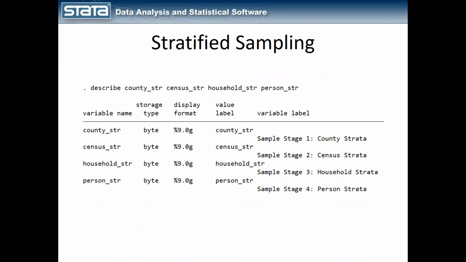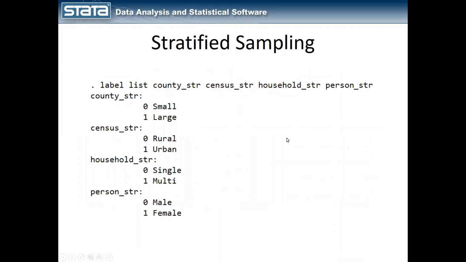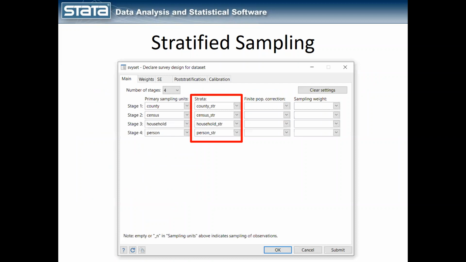each of these categories. So at the county level, I might have a strata variable per county. And so 0 might indicate small counties, 1 might indicate large. Census might be 0 as rural, 1 as urban, and so forth. You can read the rest. So I have these strata variables in my data set, and I'm going to put those in each of these boxes then under strata. And of course, they have to match the correct sampling stage. So county strata has to go with stage 1 with the county primary sampling. You just have to make sure you put these in so that they all